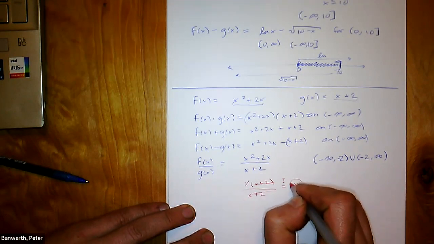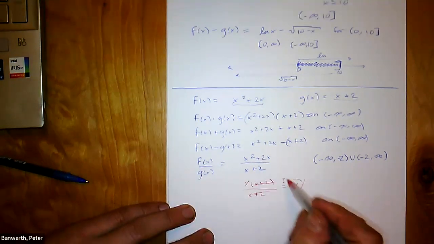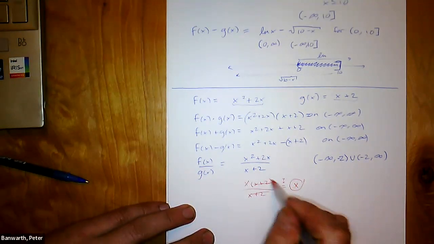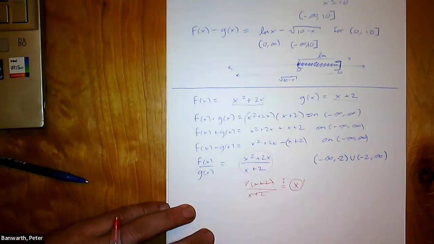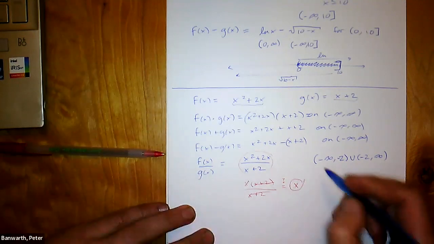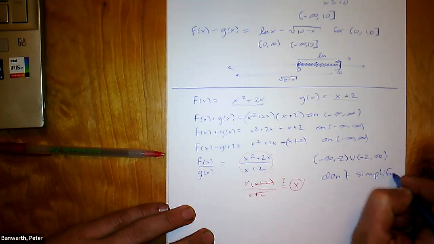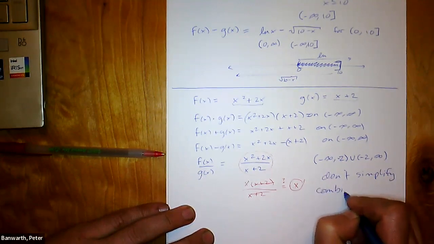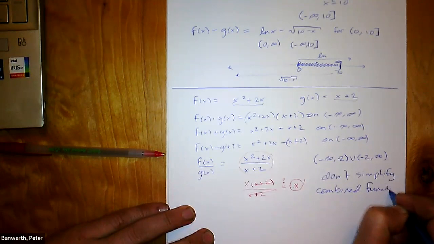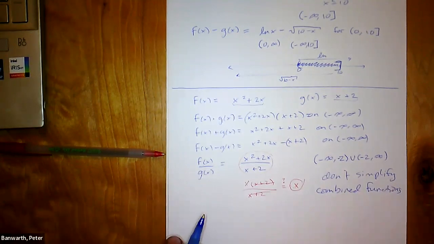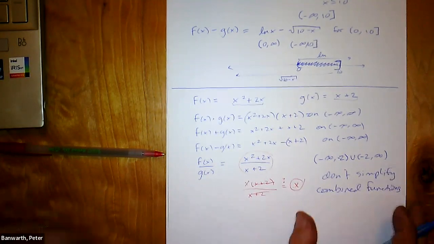But this function x, even though it behaves the same as this function at every point except minus 2, these functions aren't the same. So the lesson is just don't simplify combined functions. And I think that's pretty intuitive if you think about